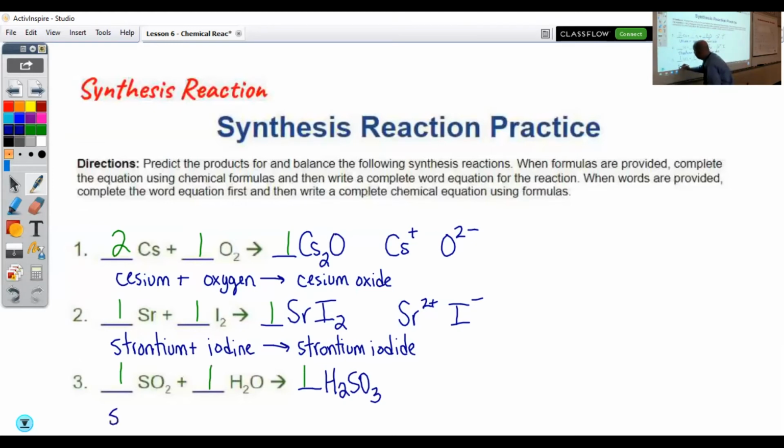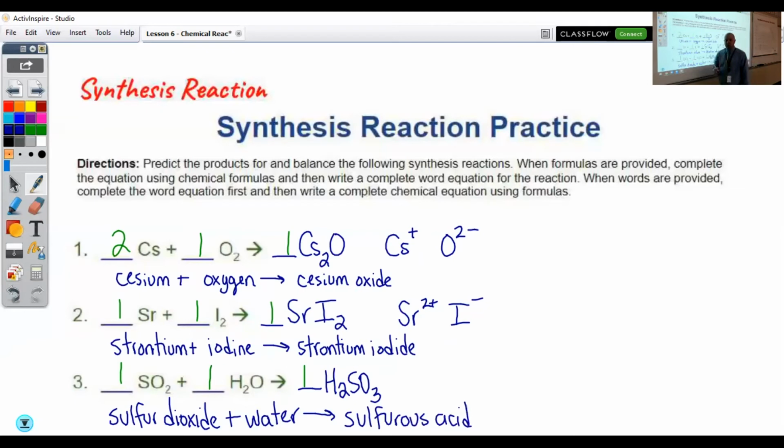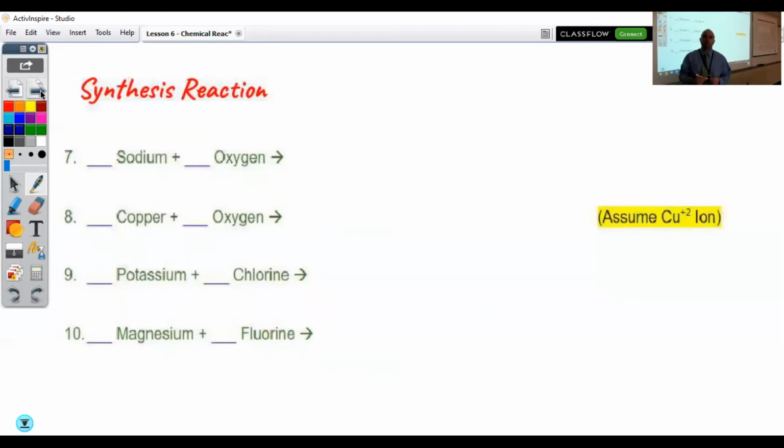So we have sulfur dioxide, plus water, producing, this one's a little bit trickier, sulfurous acid. The naming for acids, only Accelerated Honors is responsible for that, so I'll have that part written in there for you. Okay, last couple of problems that we're going to try together are a little bit more challenging because